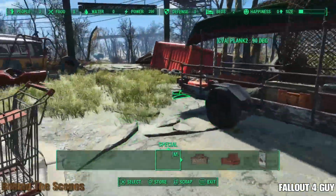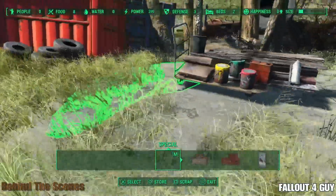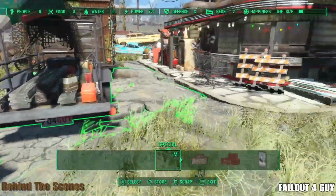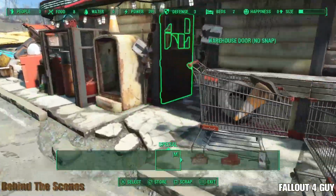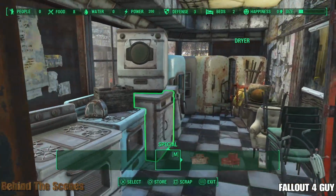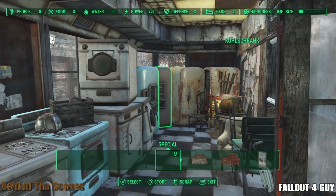But if you'll notice, when I was loading up my van, I've taken some of that cement out, so it looked like I'd actually bought something, but no one's ever going to notice that. But that was just for my immersion. And then we've got appliances all sort of in here,